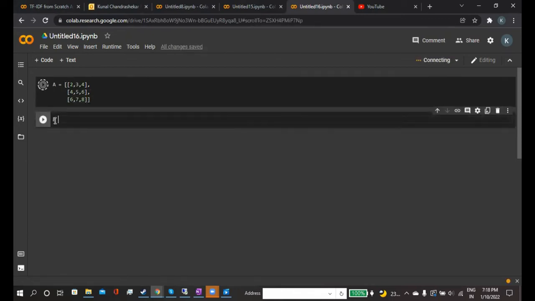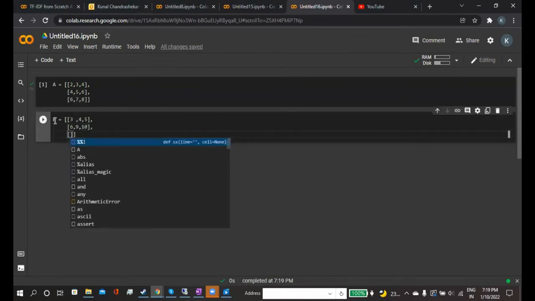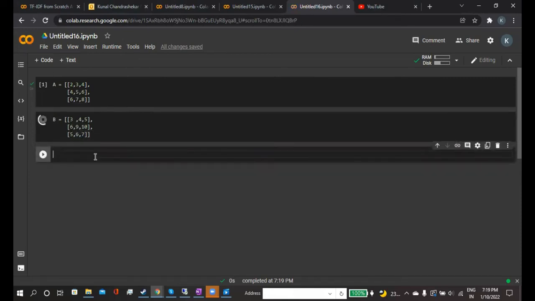Then I will create another matrix B. Here also I write 3, 4, and 5, and I'll write another row 6, 9, 10. Okay, and I will write another row 5, 6, and 7. So I have declared two matrices A and B. Now we have to do the multiplication of these two matrices, and the resultant matrix will be 3 by 3.